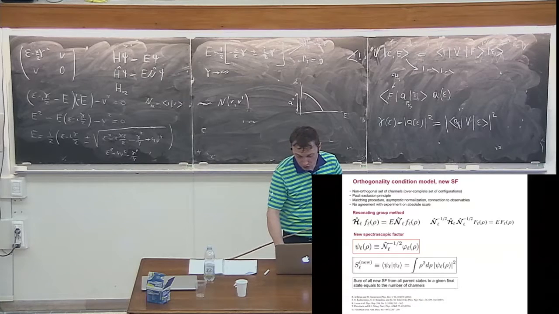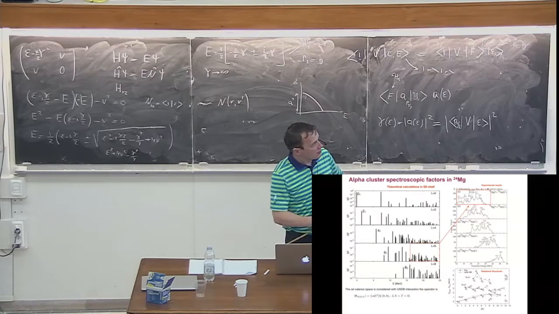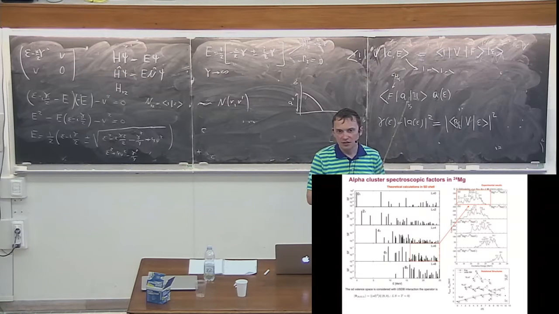Okay, but I just wanted to mention where things are. So these are various studies. These are spectroscopic factors, so these are just overlaps. A spectroscopic factor would be, if you assume the channel coupling is very weak, then in that limit you can just do perturbation theory, and you can evaluate this